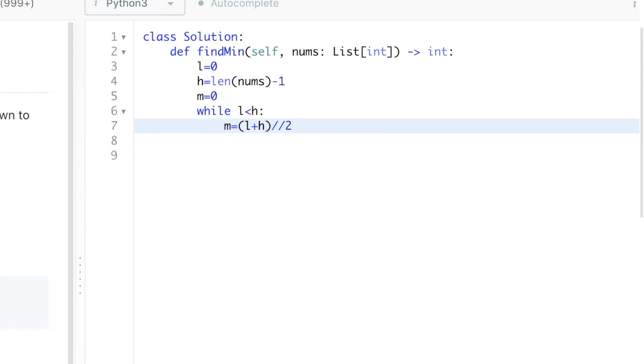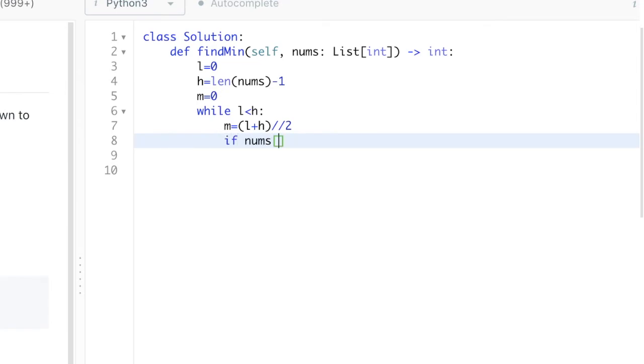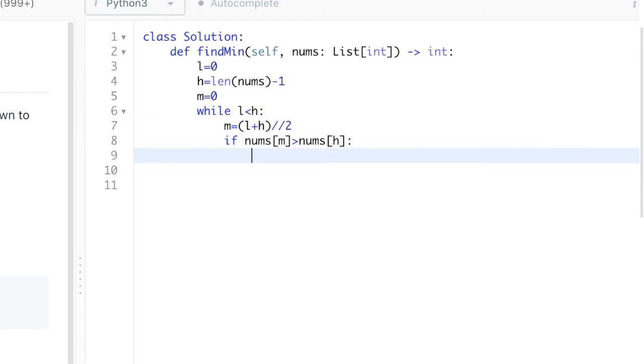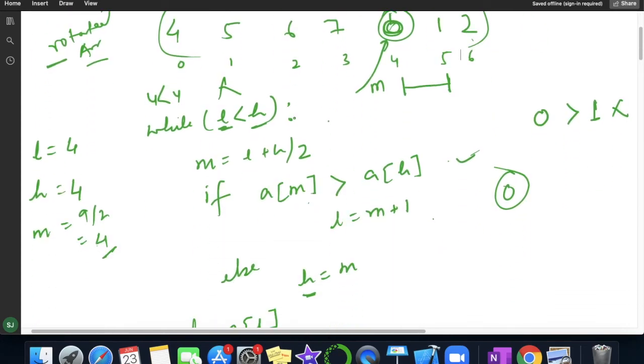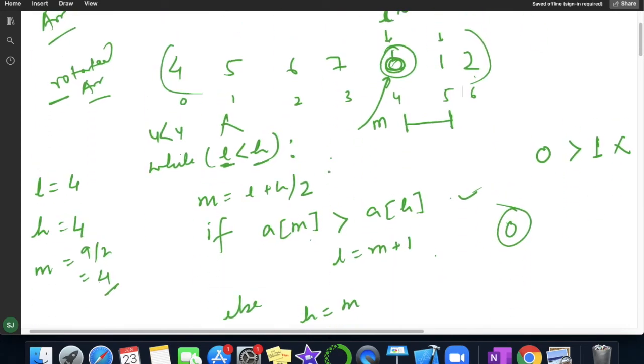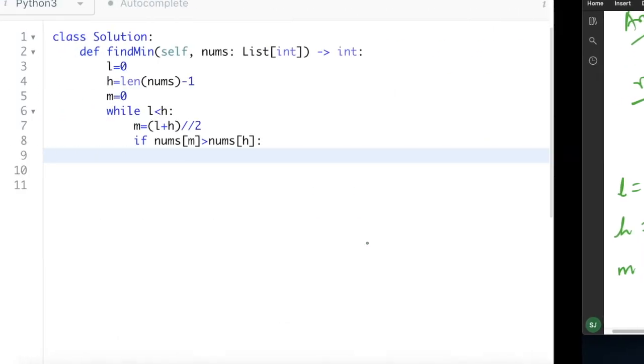Now the next thing is we will check if the value present at mid is greater than the value present at high. If it is satisfied, the same case, means if this condition is satisfied, then we have to move our low to mid plus 1.